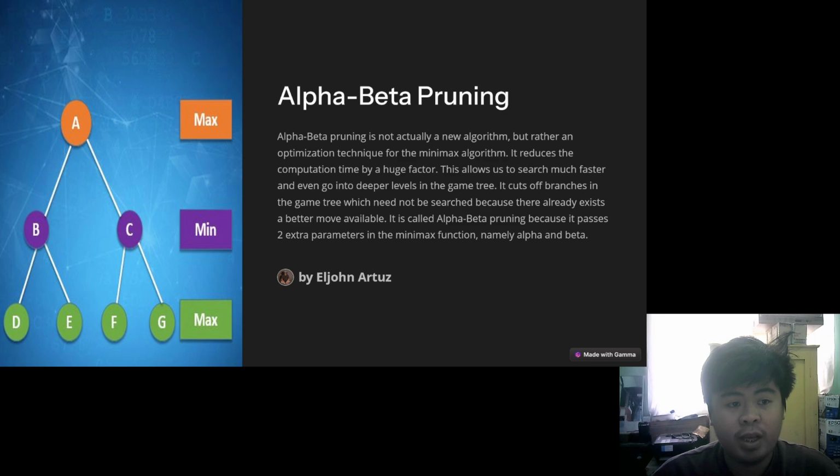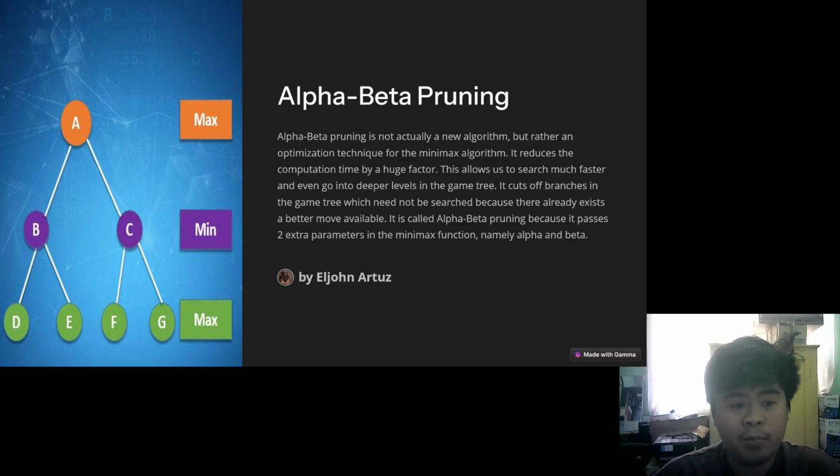So my topic for today is alpha beta pruning. Alpha beta pruning is not actually a new algorithm, but rather an optimization technique for the minimax algorithm. It reduces the computation time by a huge factor. This allows us to search faster and even go into deeper levels in the game tree. It cuts off branches in the game tree which need not be searched because they already have